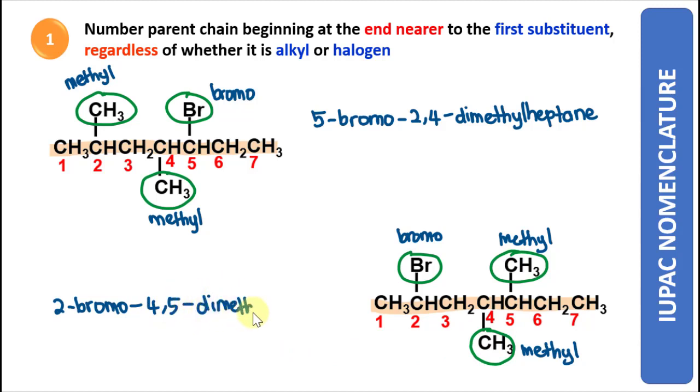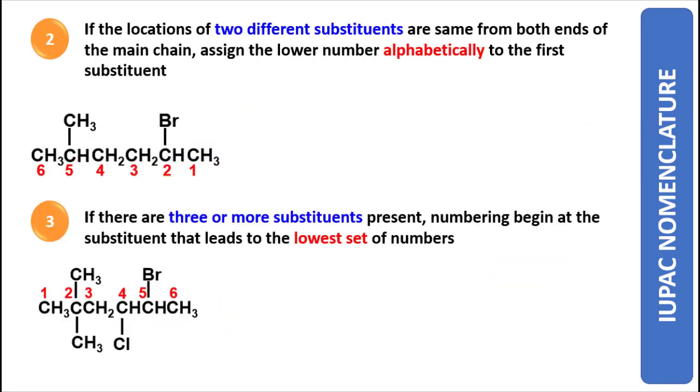Right? Methyl. And then the longest carbon chain is 7, so hept, and also the suffix "-ane". Right, so the IUPAC name for this compound is 2-bromo-4,5-dimethyl-heptane. If the location of two different substituents is the same from both ends of the main chain, for example here,